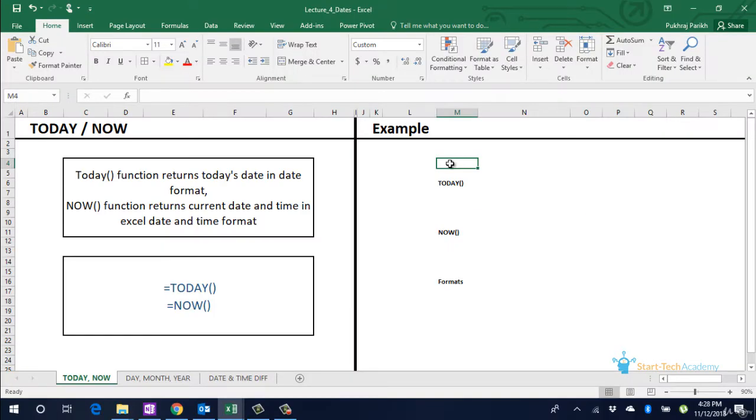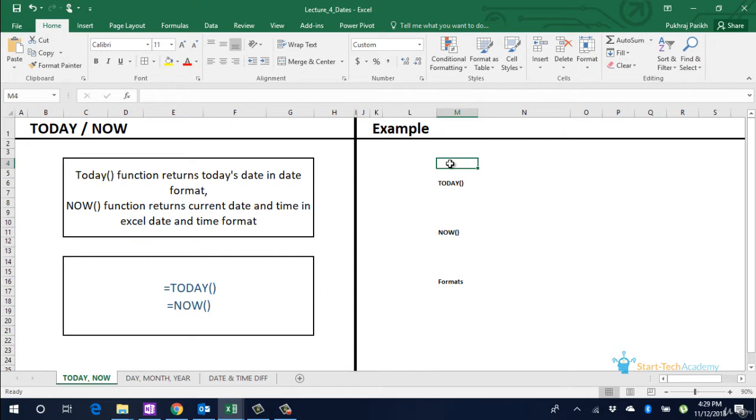Hello everyone. In this lecture, we will be covering date and time related functions in Excel. We all mention date and time in different formats. Sometimes we use date, month and year, which is DDMMYY, or sometimes it is month, date, year, MMDDYY, or sometimes the month is written in words instead of number. Excel supports all these formats and it even identifies the input in cells if those are dates or not.